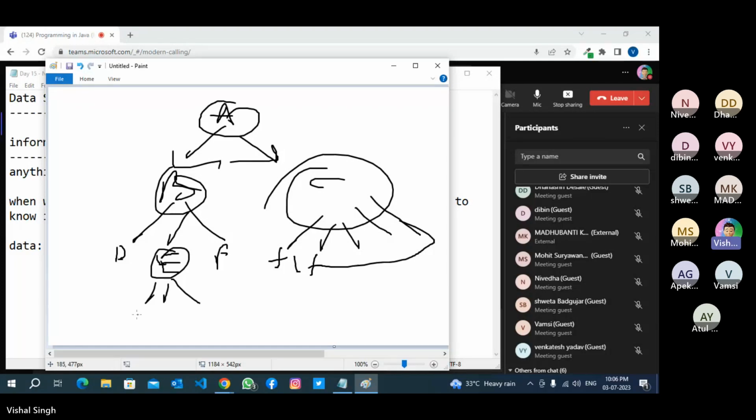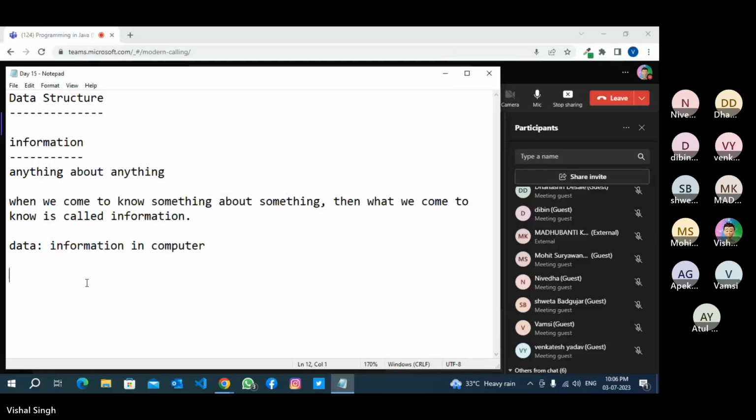So this is the directory information, what folders or files you have inside A, what you have inside B. So data means information in a computer. Whatever you have in a computer is data.